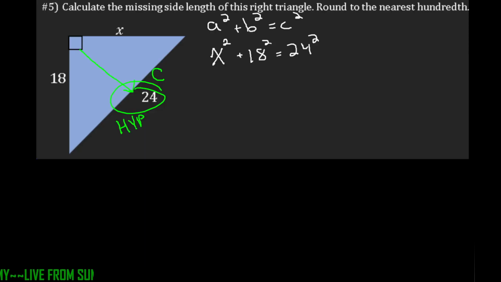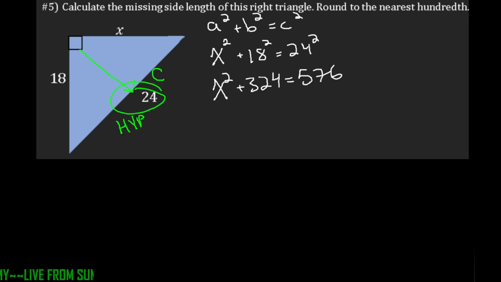So we're saying 18 squared. So I still have x squared. 18 squared is 324. 24 squared is 576. Triple check one more time. Yep,